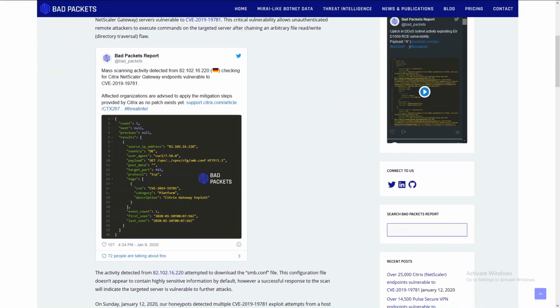What it allowed an attacker to do is, from the looks of it, a local file inclusion. An attacker can run arbitrary commands, steal VPN credentials, and such like that on that NetScaler. I'll post a bunch of links to this CVE down below. It's been wild on exploitation. It's been popping all over GreyNoise,